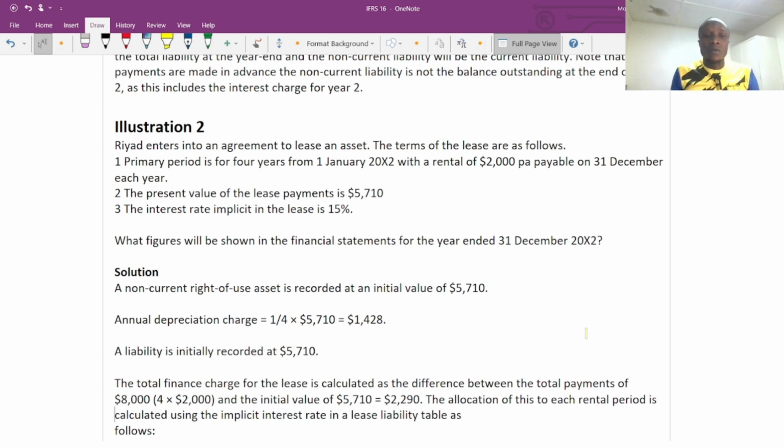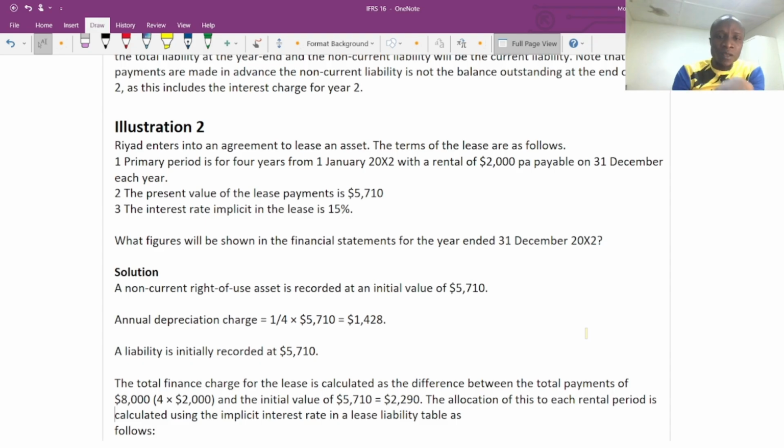Third, the interest rate implicit in the lease is 15%. So we are going to use the 15% to calculate our interest charge. So basically, this is the question. The requirement stated for us to show the double entry for the first year, 31st December